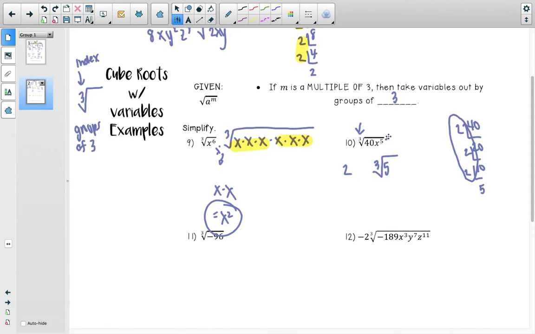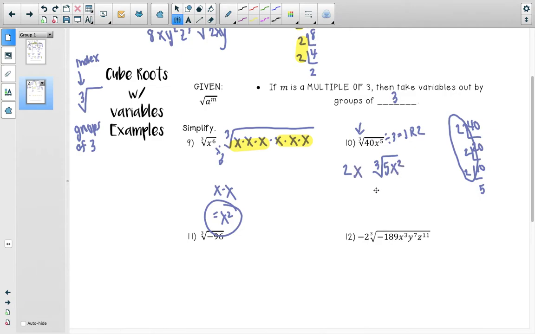And then we have to do the variables. So we're going to say 5 divided by 3. Well, that'd give you one pair or one group of 3s, and you'd have 2 left over. So just to prove it, 3 times 1 is 3. 4, 5 will get you 5. So we're going to have x to the first power on the outside and x to the second power on